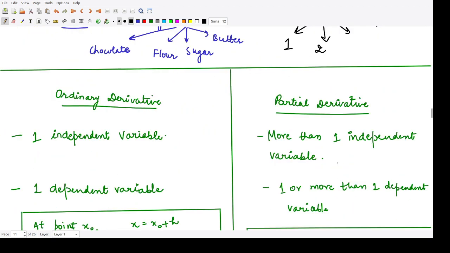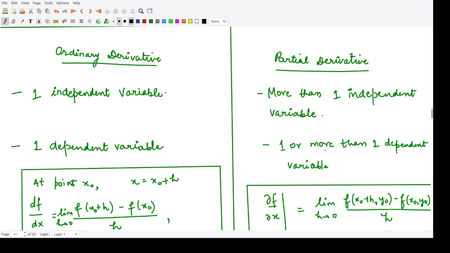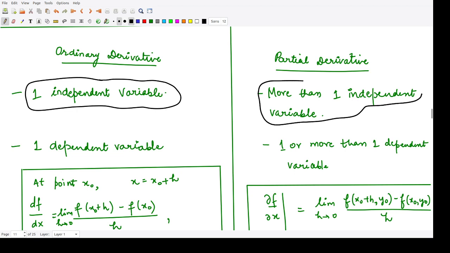So let us have the basic differences between ordinary and partial derivatives. In ordinary derivatives, we only have one independent variable with us, whereas for partial derivatives more than one independent variable could also be present. Then here in this case only one dependent variable is there, whereas more than one dependent variable is there. And you denote, suppose y is the dependent variable and x is the independent variable, so you denote the derivative by this small d.